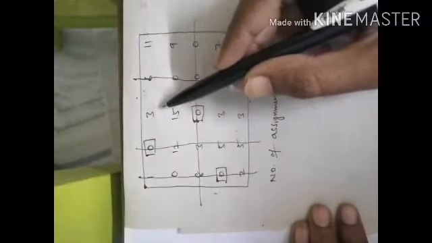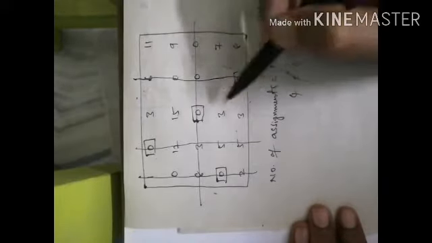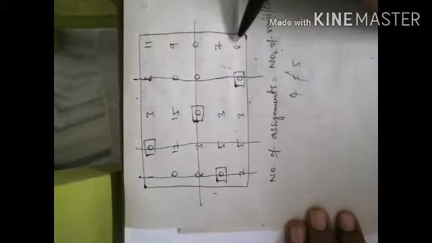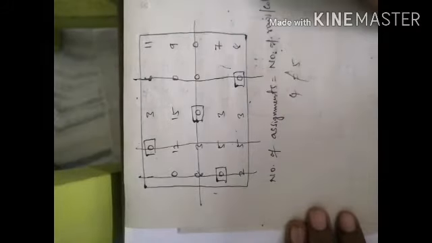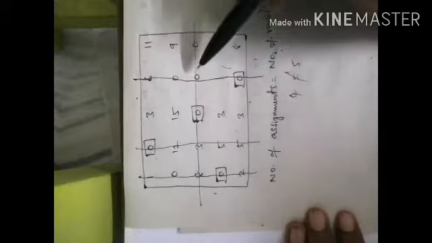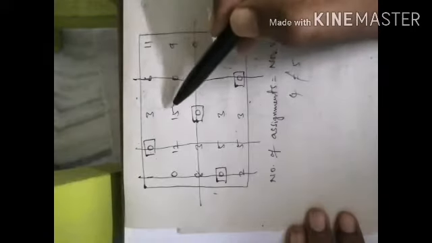We have to find the minimum value of the undeleted cell values. The undeleted cell values are 3, 15, 3, 3, 8, 7, 9, 11. Select the minimum cost value from these, then subtract it from the undeleted cell values. In these undeleted cells 3 is the minimum value, so we subtract 3 from every undeleted cell: 3 minus 3, 15 minus 3, 3 minus 3, 3 minus 3, 8 minus 3, 7 minus 3, 9 minus 3, 11 minus 3.